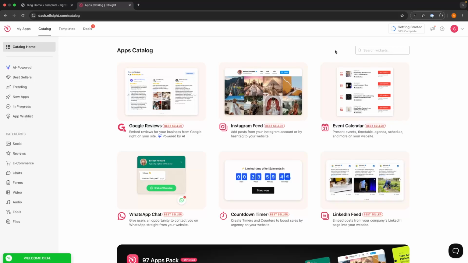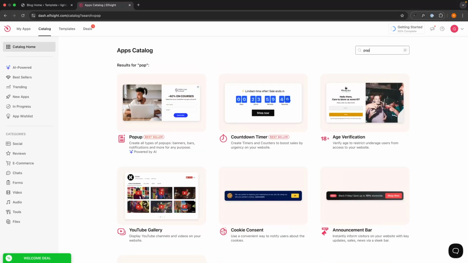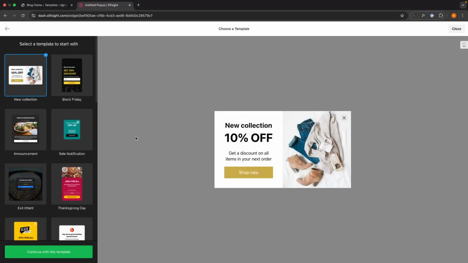And to add a contact form pop-up widget, we just need to go to search widgets in this top right corner, and we need to look for the pop-up widget. So we can search pop-up right here and click into the pop-up widget. And this is going to take us over to this area where we can choose the template that we want